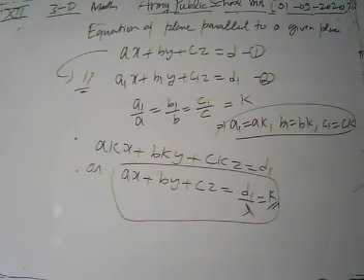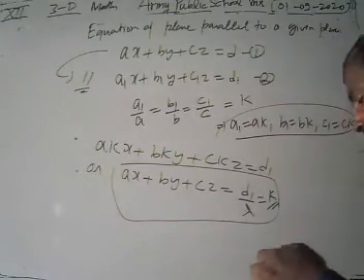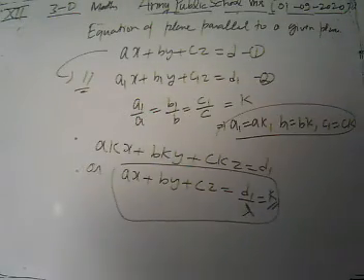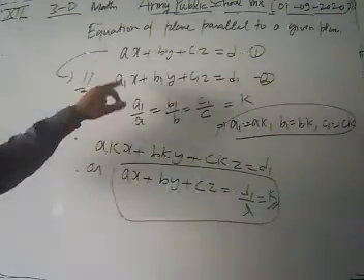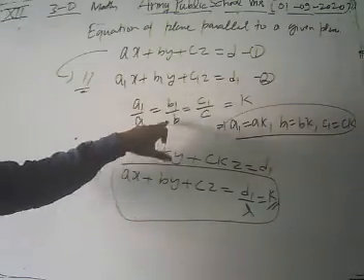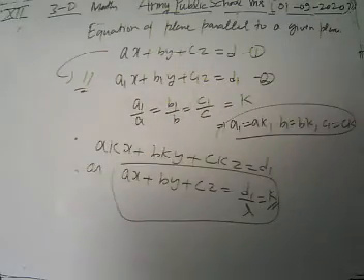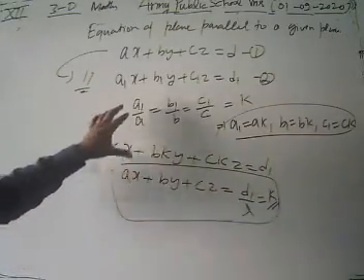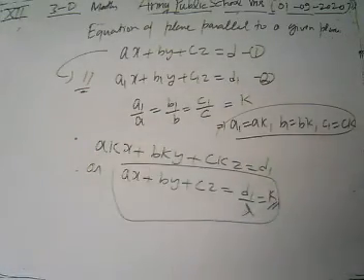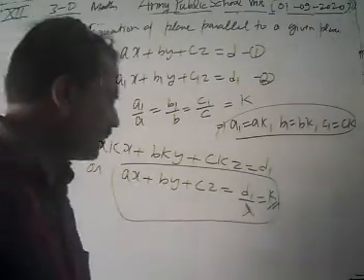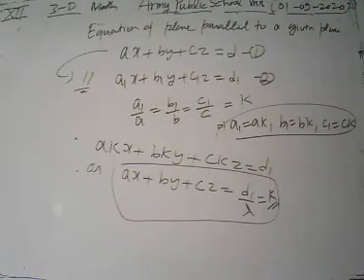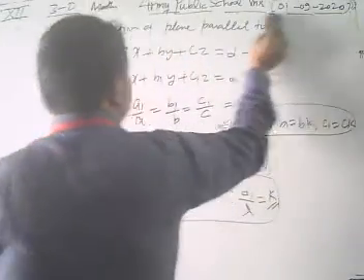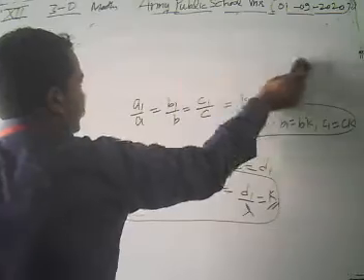If these equations 1 and 2 are parallel, then what is our condition? The condition for the planes to be parallel is A1 by A equal to B1 by B equal to C1 by C equal to K. Then we get A1 equal to AK, B1 equal to BK, C1 equal to CK. Putting these values in equation 2, any parallel plane is given by Ax plus By plus Cz equal to K. For different values of K, we find different members of the plane family which is parallel to the given equation.